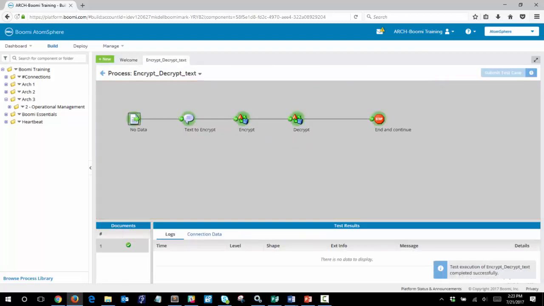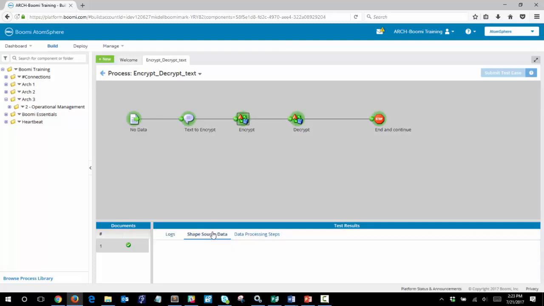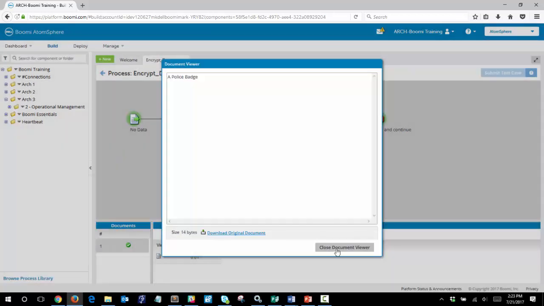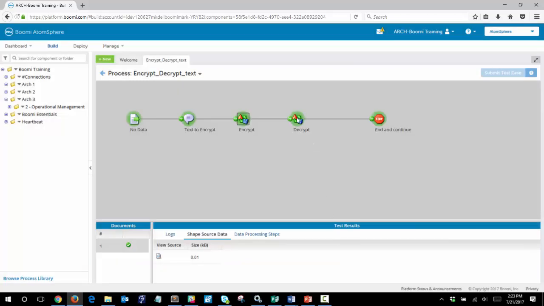And now what we should be able to see is our data getting encrypted and then decrypted. So this is where our data was created. So if we click on the encrypt shape, we should find our input data. This is then encrypted and sent over to the decrypt shape. And so from here, if we click on view source,